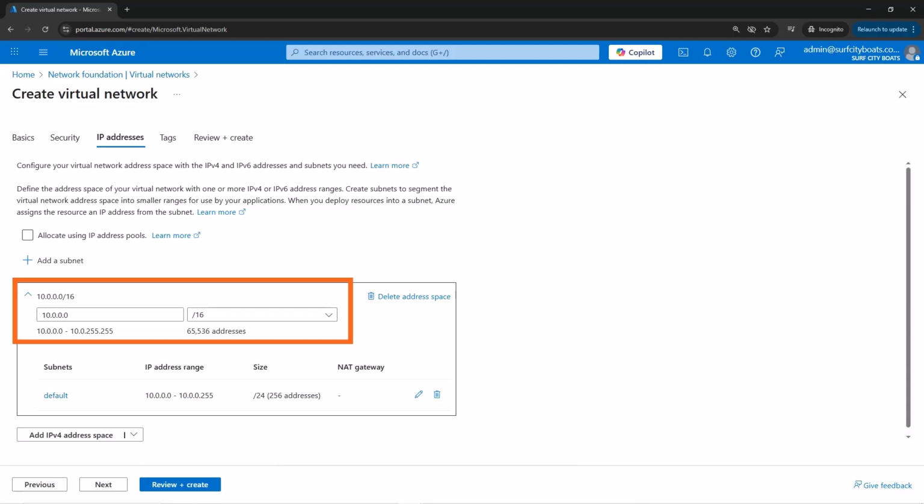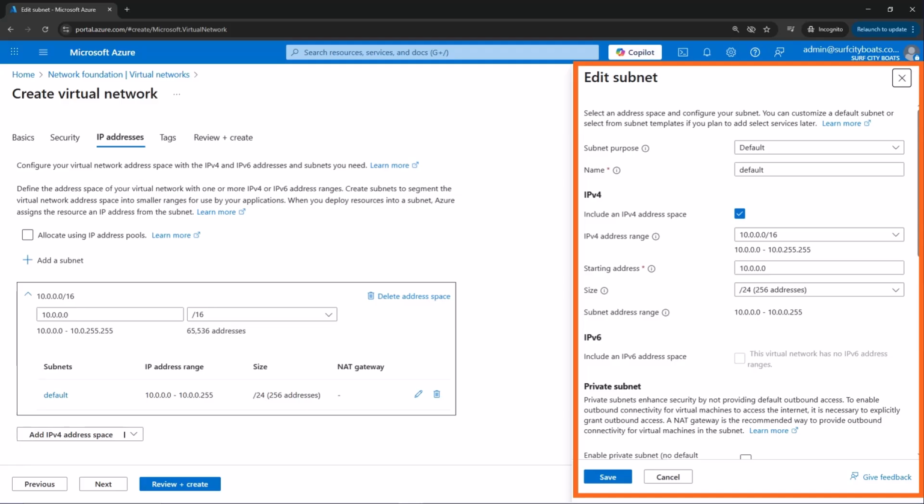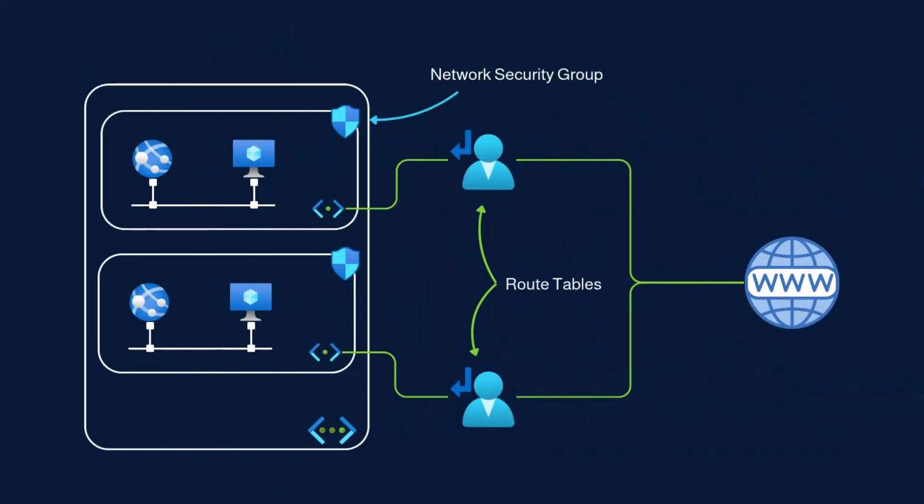for the network. For example, you might designate 10.0.0.0/16 as the address space for your network. That range becomes your virtual network's footprint inside Azure. From there, you divide that address space into subnets, which let you organize and isolate resources like VMs, databases, and application tiers. Each subnet can have its own routing rules and security settings, giving you fine-grained control over how traffic